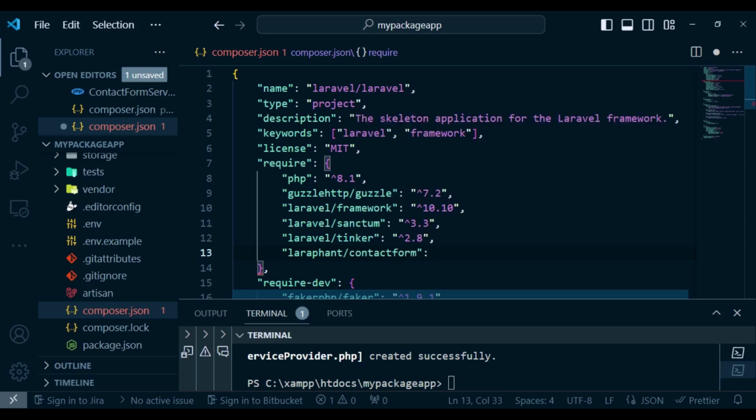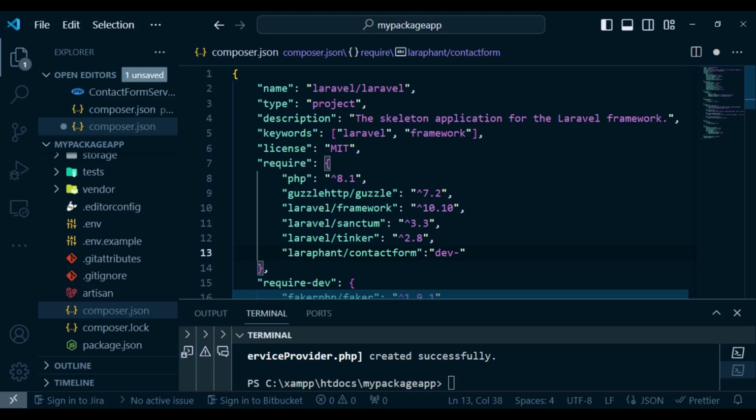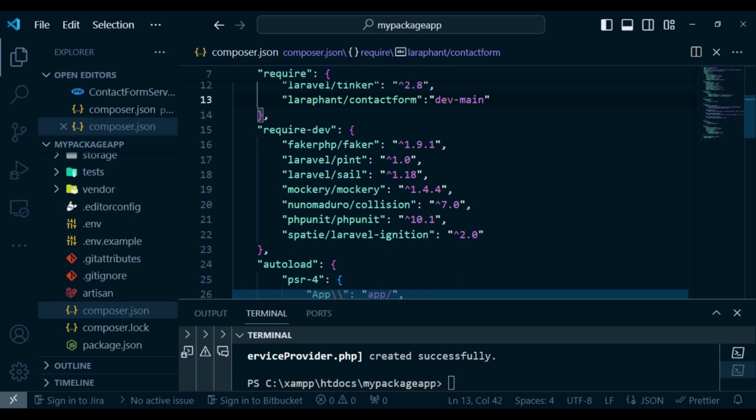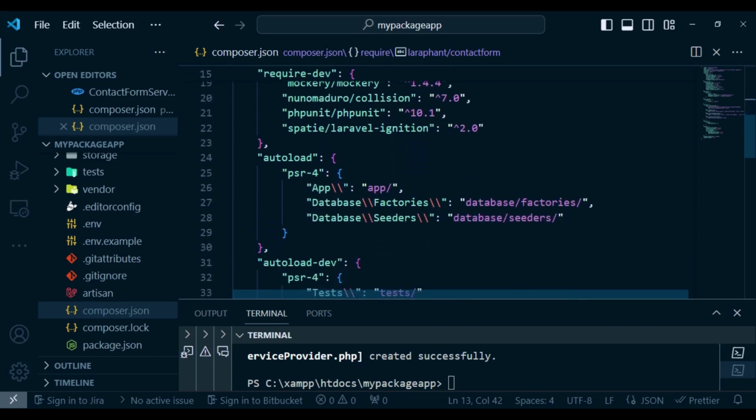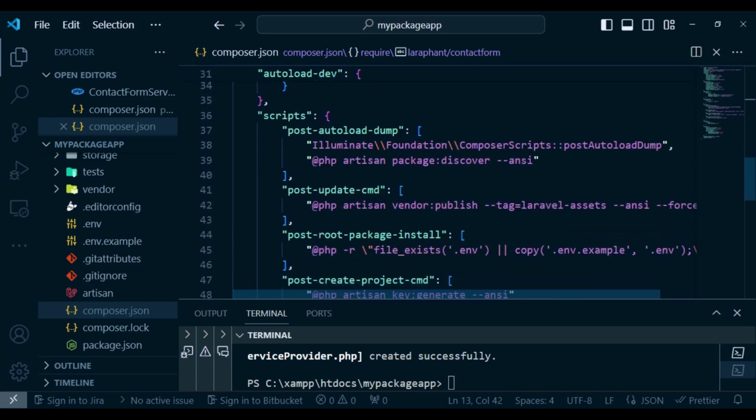And then we can have it as the version. We can just say dev-main. After that, we also need to link it in a way our application will be able to know where our package is. So probably after the scripts down here,